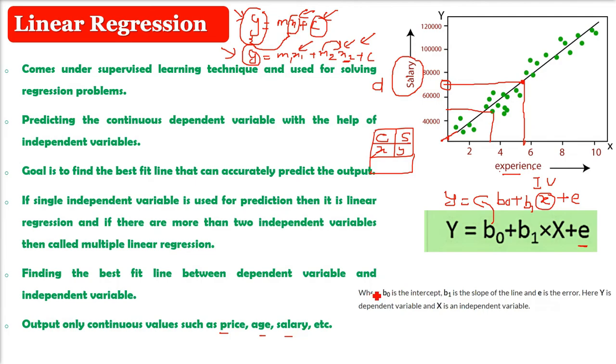As I said, b0, b1, these are, because here you see m is the slope and c is the y-intercept, and e is some error. You can call it an error or some epsilon that may be there, because you want to fit it to the maximum extent. You want to fit maximum points to this line. And here, as I suggested, y is the variable which is dependent on x. So x is the independent variable, y is the dependent variable.